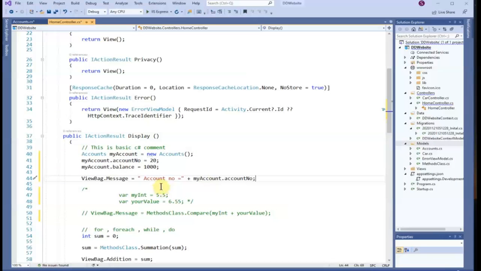In C Sharp you can add a text to a number. What it will do is convert this account number into a string, into text, and then display them together. Okay, and we will add the other details as well, plus